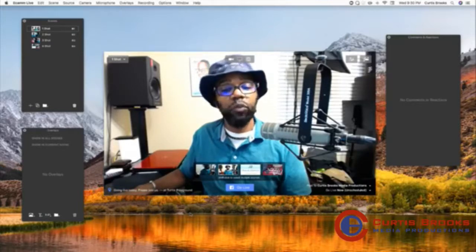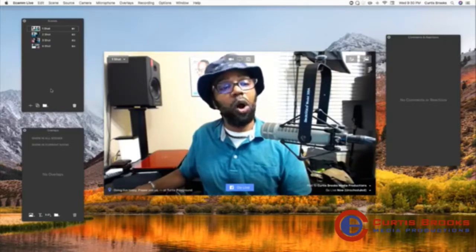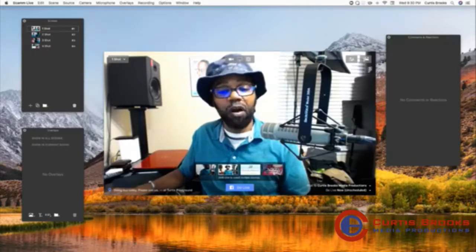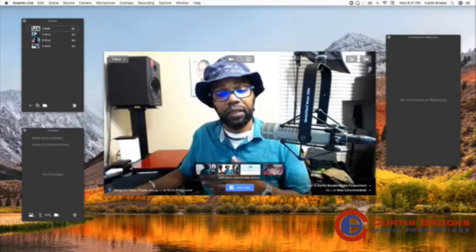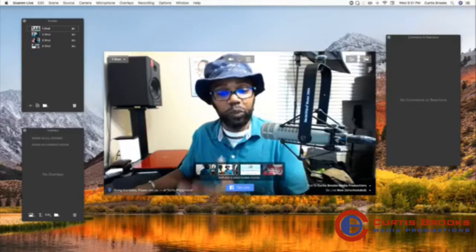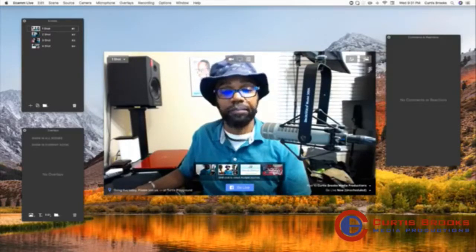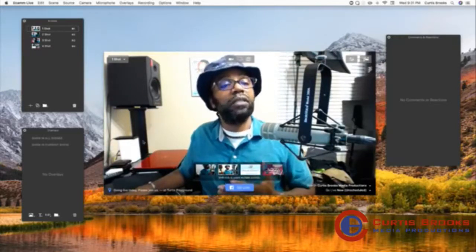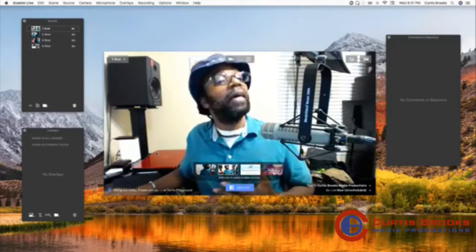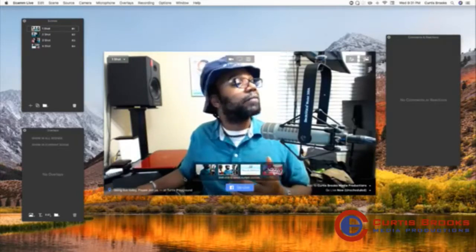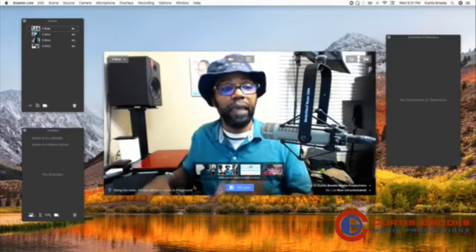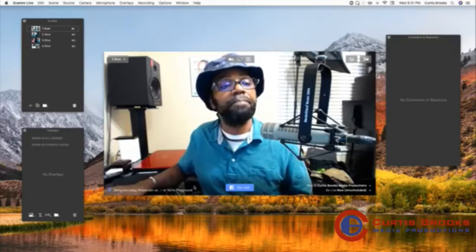If I were to delete one of these cameras, it's going to change all of this setup here because I'm not going to have all those cameras available. Currently, I have all 4 cameras available as cameras that I can switch back and forth from, okay? So, right now I'm in scene 1, looking at my iPad there. And scene 1 shows just a single shot, okay? And again, that is Command 1. That's the shortcut key, all right?